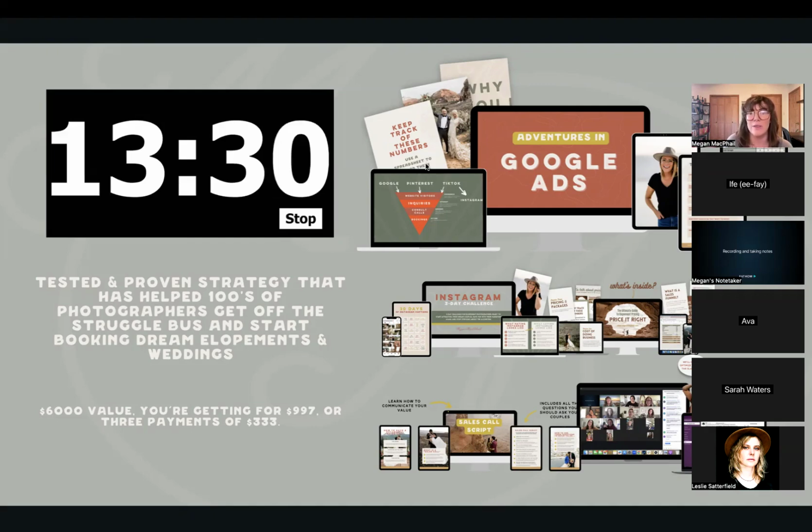So it can absolutely work for anybody, and I would love to work with people who are not elopement and wedding photographers and start helping people in other niches. If I wanted a family photographer, the first thing I'd do is go into Google and search family photographer in Taos, New Mexico.